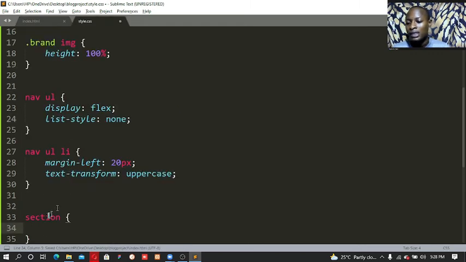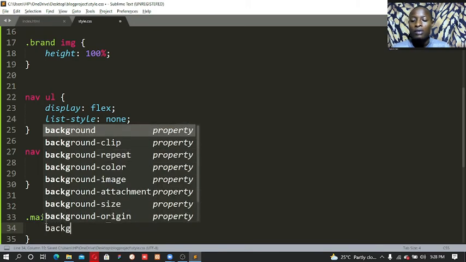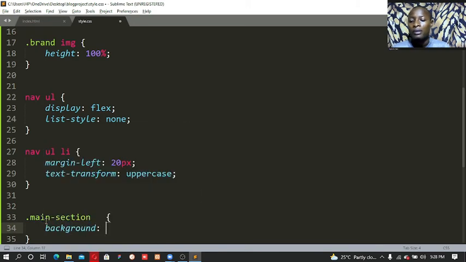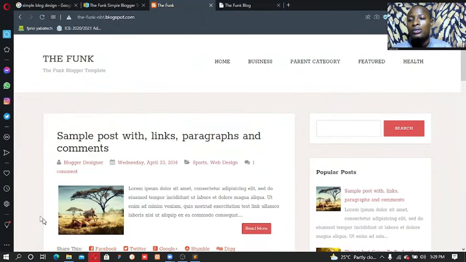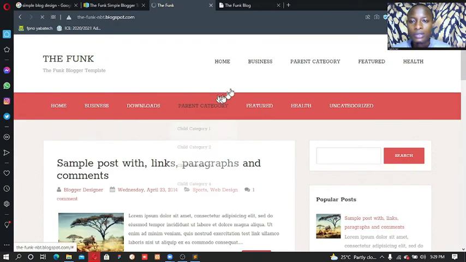So inside this place, instead of using section, I'll say full stop main-section. Okay, so now I'll pass in background, let's go light gray. If I refresh this again,